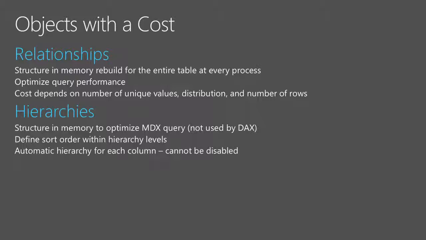And the memory, the RAM, is a limited resource. So you have to think about, do I really need this relationship or not? I'm not saying don't create a relationship just to save memory. I'm saying don't create too many tables with too many relationships. Star schema is good. Snowflake schema not so good because you have more relationships, for example. So this is something that you have to be careful about.